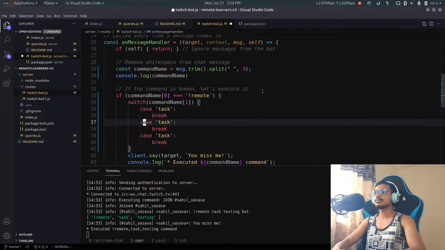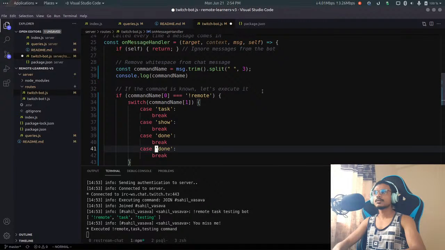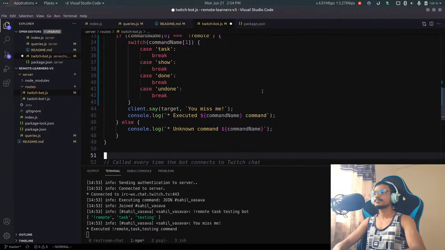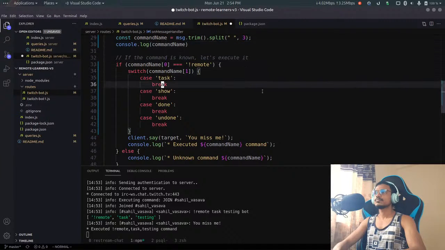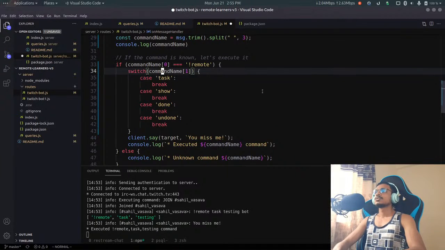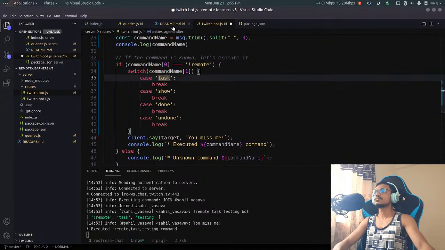Second and third. So in the second case we will have show. In the third case, done. We also have undone as well, right? Good. We can even merge done and undone, but I don't know, done and undone seems good. Okay, so